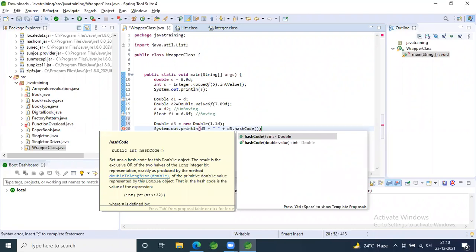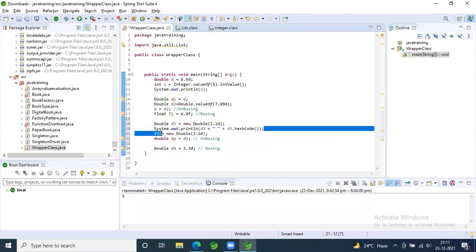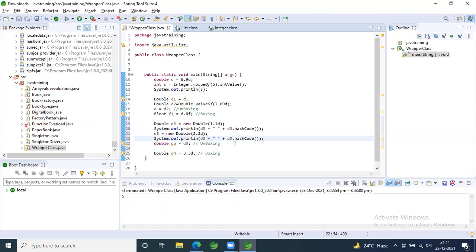Now, after this line, again give Double d3, so d3 equal to new Double of 2.2d, and then copy paste your line 20 and print it again. Save it and execute now.